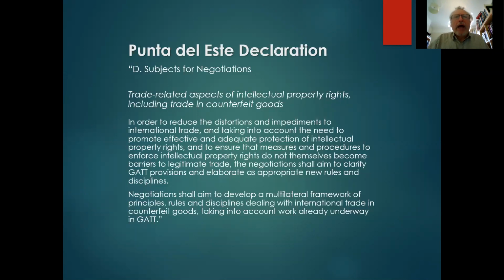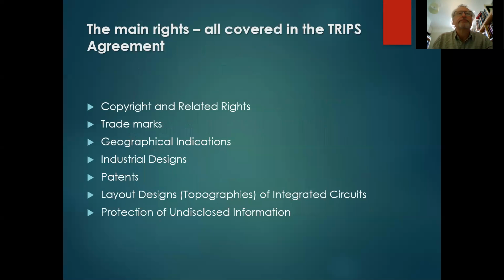And it's often argued that many of the developing countries agreed to have new norms on intellectual property because they thought it was mostly about counterfeiting. Well, who's in favor of counterfeiting, who says counterfeiting is okay. So there is this argument that developing countries had no idea what they were getting into here. And of course, TRIPS becomes a lot more comprehensive. More comprehensive, yes. So not just about trademarks, it includes copyright and related rights,